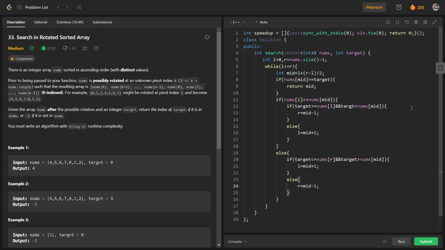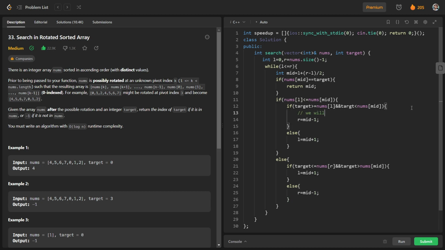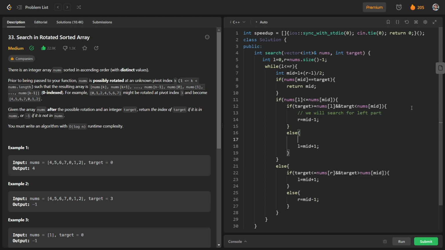So I will write here, in this case we will search for the left part, and in this case for the right part, and here also we are searching for the right part, and here also we are searching for the left part.